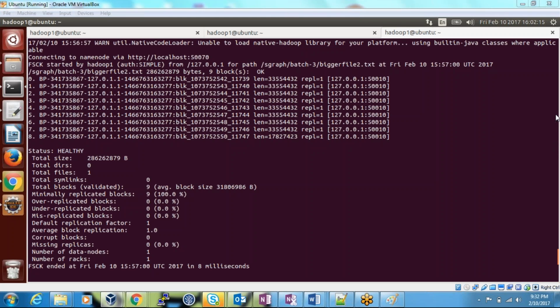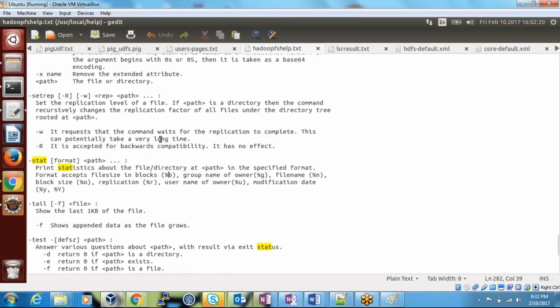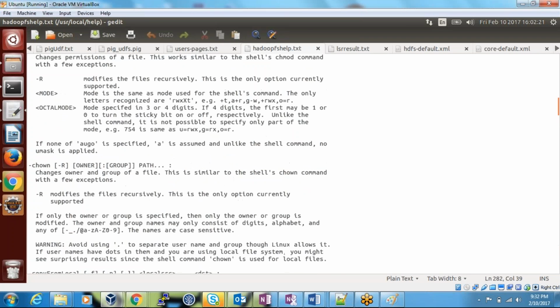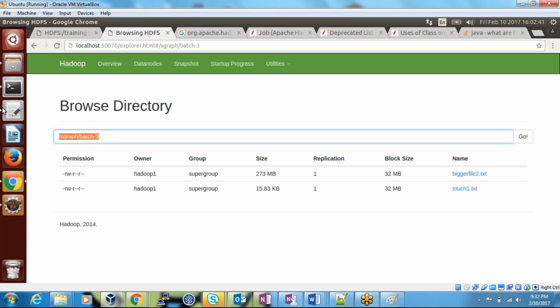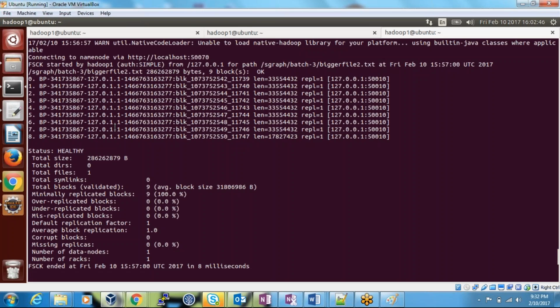Okay, if you guys don't have any doubt, let's move to the next command. The next command is tail. What is the tail command? Let's say I have a bigger file which is loaded into HDFS, and I don't want to see the complete file. I want to view only the last 1 KB of the data. As I showed here, this is my bigger file. If I run the cat command on this bigger file, it will